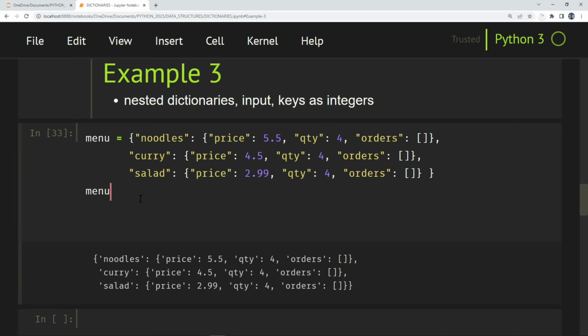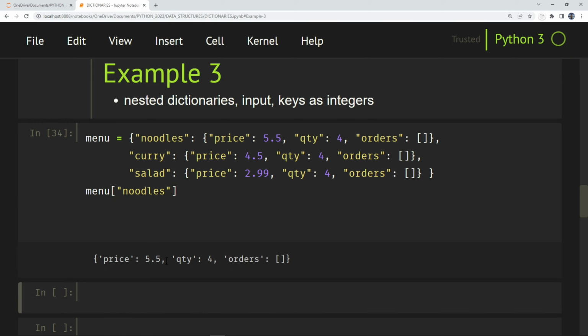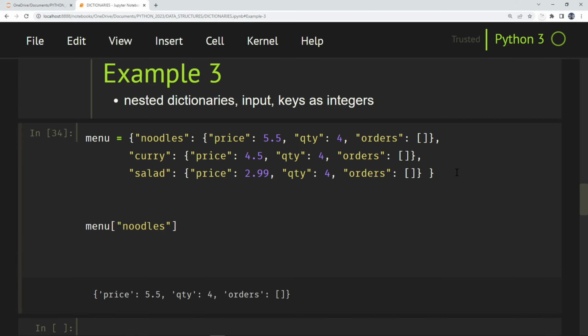So for example, if I were to do noodles, I can get all this information, the price, the quantity, and the orders. So I've got no orders at the moment. So what I can do is I'll do, let's say, dish equals input, and this allows us to actually add something